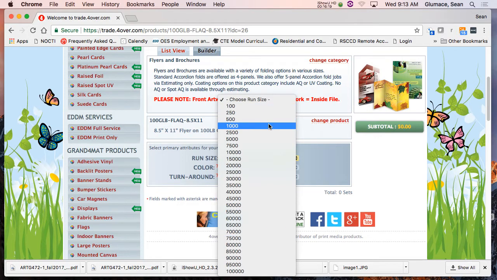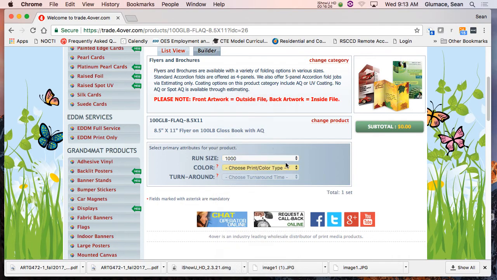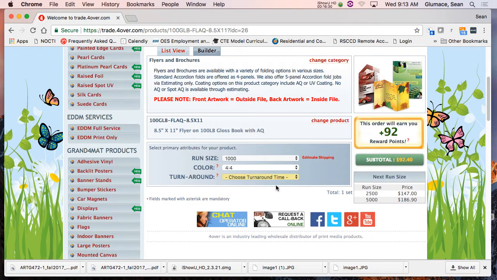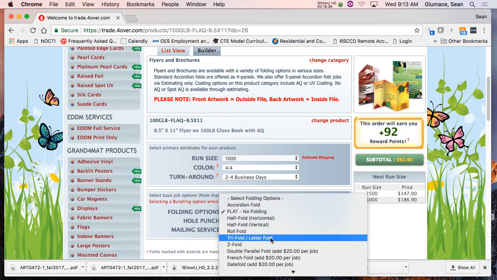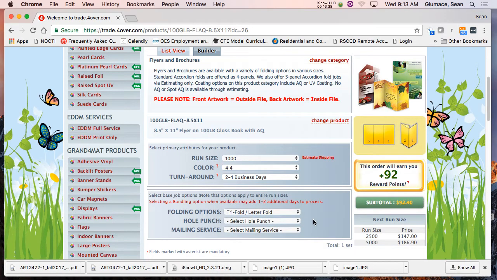So let's say the client says, well, I've got 2 stores. I don't know how many I want to buy. What I will do is I'll look at 1,000 right away. I don't show the client this. This is not for the client to see. So what did I say? We're going to do a trifold. Yeah, letterfold. That's what we call trifold. Letterfold. So when you open it, it goes 1, 2, 3. So it's pretty standard. You've seen them before. You can do 3-hole punch if you want to.